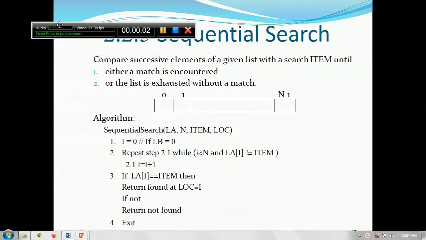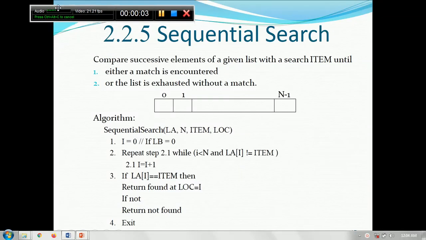Okay, welcome back students. We'll start further in the arrays today. So the first topic would be the sequential search, also called the linear search. Now as the name suggests, sequential or linear, this means we are trying to search for an element in an array in a sequential fashion or a linear fashion, like one element at a time.